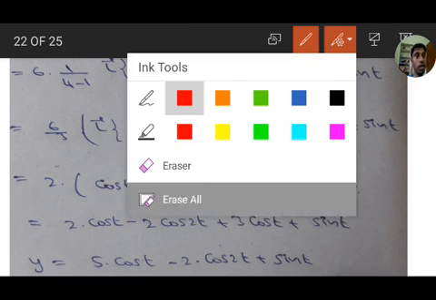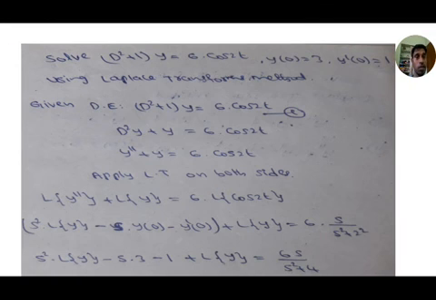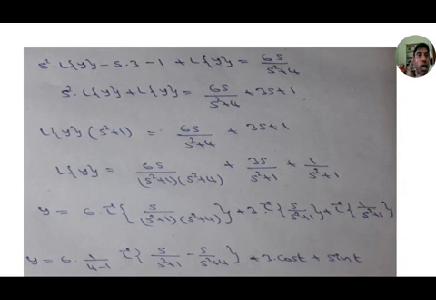What we did: apply the Laplace transform on both sides of the equation. Next, second step, apply the formula for L of y double dash, L of y, L of y dash. There is no y dash here, so only L of y double dash and the cos 2t formula. Then replace initial conditions by using the given conditions and simplify L of y in terms of s. Then take the inverse Laplace transform.